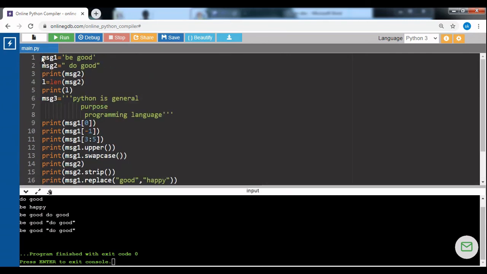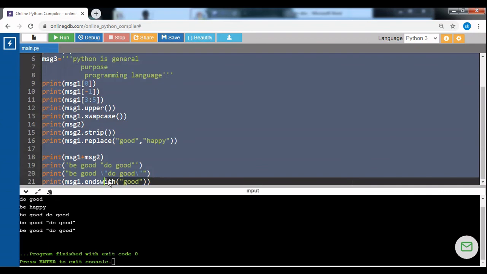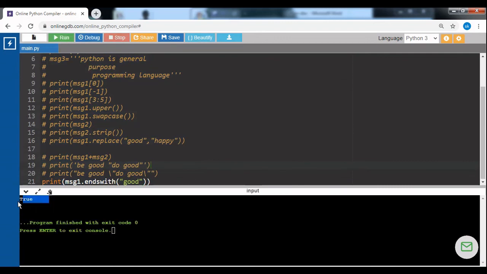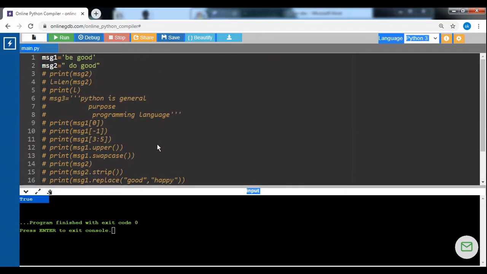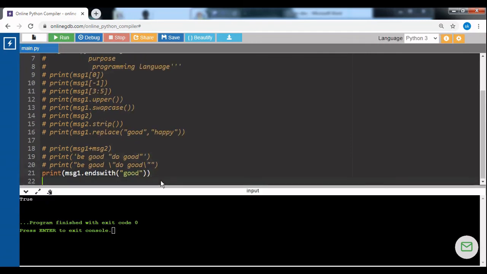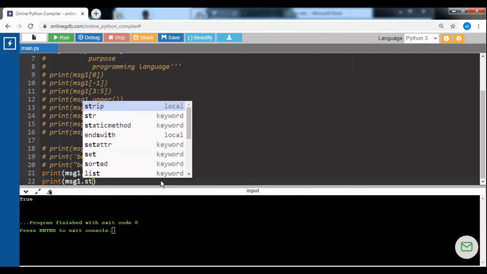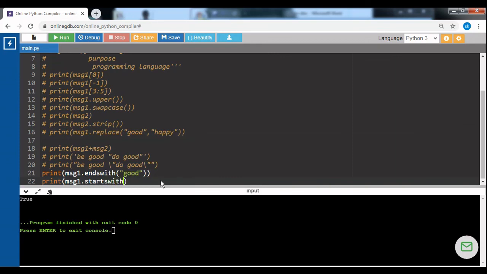So for this, it will give true because the value ends with good. We can also check startswith. Print message1 startswith good. It won't start with good in my example; it ends with good, so it will return a false value in this case.